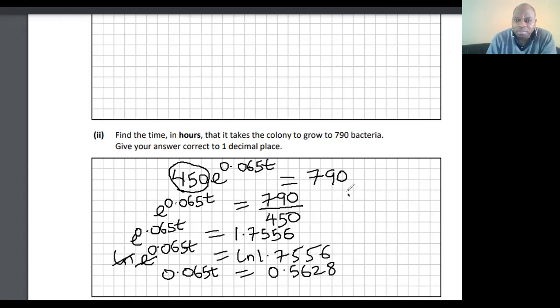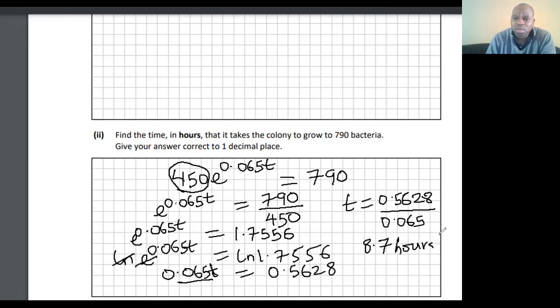Which means your time will be equal to 0.5628 divided by 0.065, because 0.065 is multiplying t and we are looking for t, so it's going to divide into this. So divided by 0.065, to one decimal place, that should be 8.7